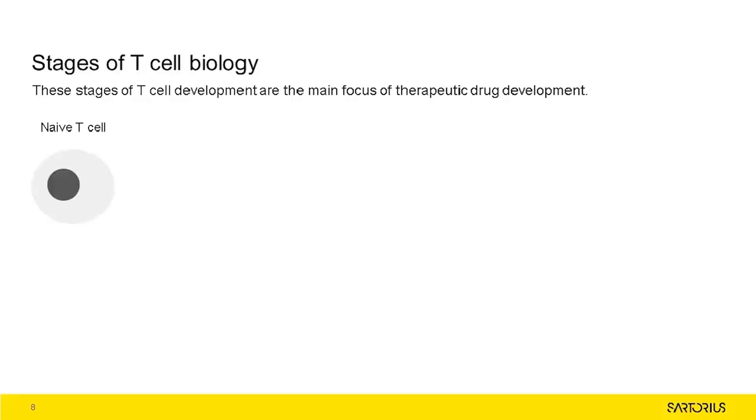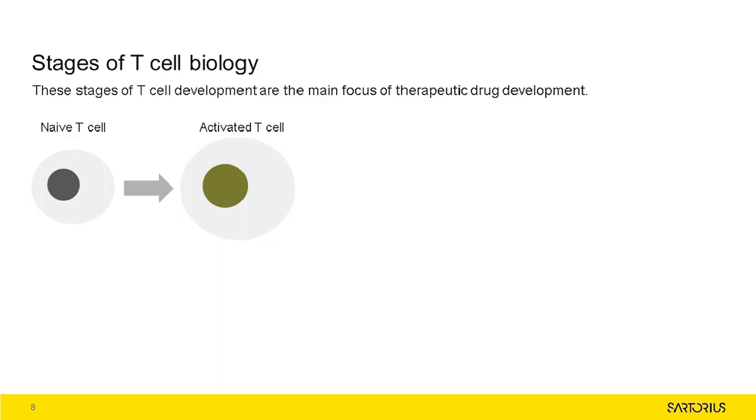A naive T-cell is a T-cell that is differentiated in the bone marrow, having successfully undergone countless positive and negative processes of central selection in the thymus. Among these are the native forms of helper CD4 positive and cytotoxic CD8 positive T cells, and they have not yet encountered a cognate antigen.